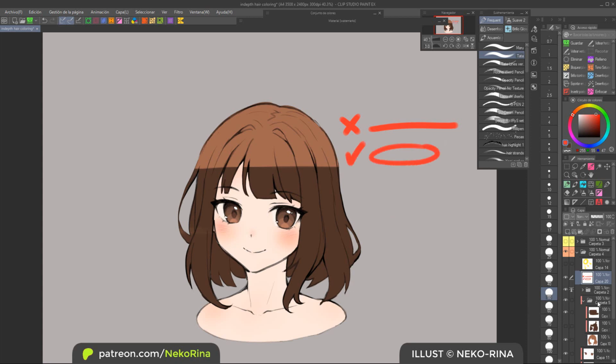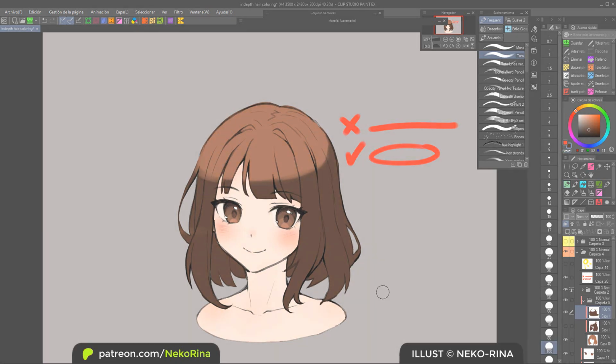How much bending? That again depends a lot on the type of light you're trying to recreate and also your aesthetic. I can't give you a precise rule to follow in this case, so experiment until you find what works for you and for that specific piece, or like I said, use references.